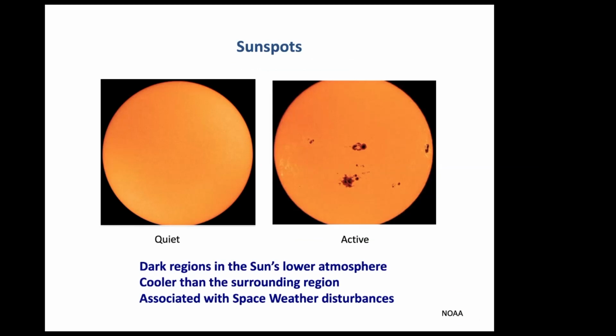Sunspots are dark regions on the sun. They are located in the sun's lower atmosphere and are a result of stormy localized magnetic fields. The stormy magnetic fields choke the flow of energy from below, and hence sunspots are cooler than the surrounding area. Cooler regions emit less electromagnetic radiation and therefore are dark.